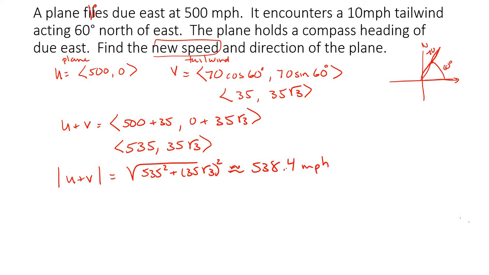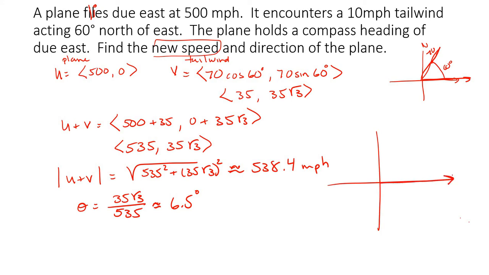So you notice that the tailwind has added some speed to my plane. Now the new direction, I need to find a new theta. Theta here is going to be, again, y over x, which is approximately 6.5 degrees. So instead of flying due east at 500 miles per hour,